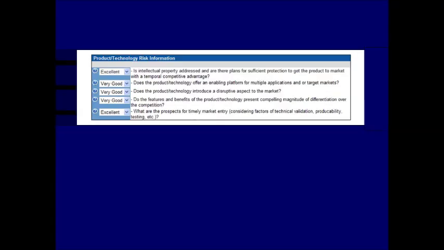The product/technology section should focus on the features and benefits of the product. However, most of the discussion should focus on the benefits and explain what the underlying economic value proposition is to the user. Business plan writers often make the mistake of trying to sell the product to the investor versus selling the plan. The product should demonstrate compelling differentiation from the competition in that it is faster, better, or cheaper by